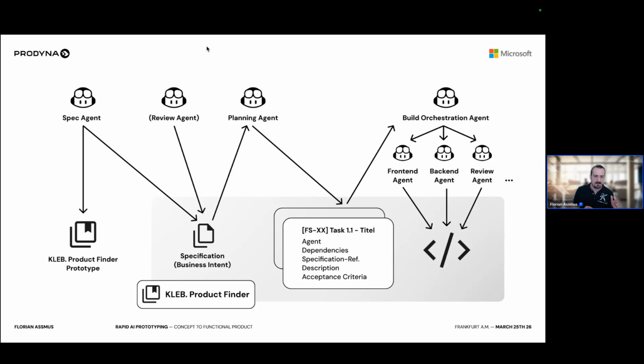This also has the advantage of, number one, you could parallelize the work. So if you have independent tasks, it's not a problem to spawn all the agents in parallel to speed up